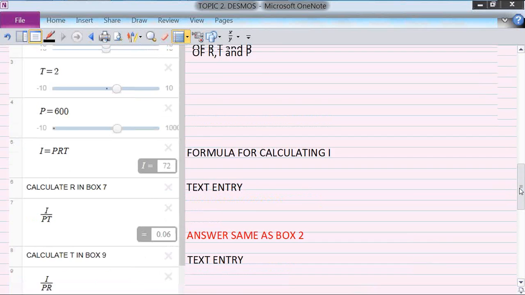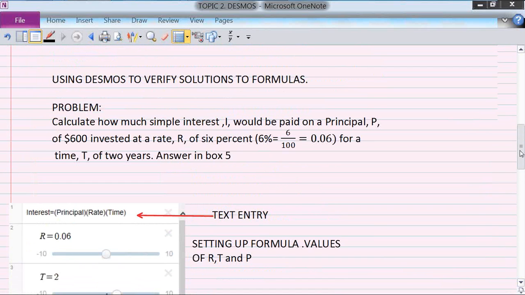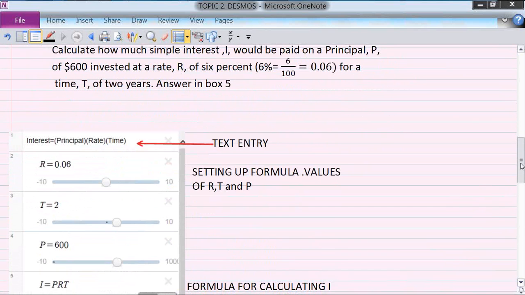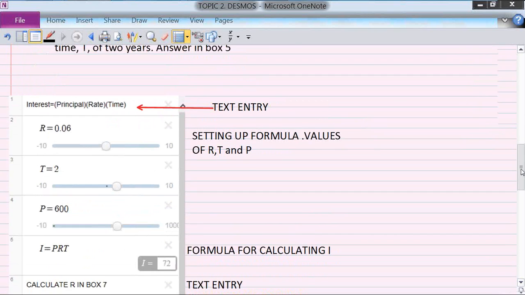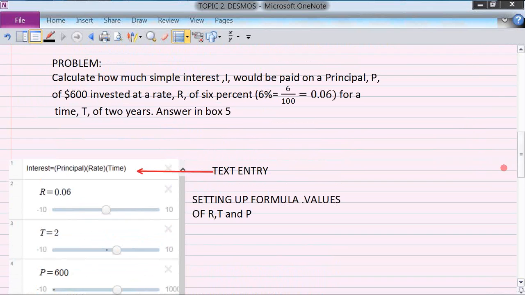So this becomes a useful way of verifying that your formula is right. It becomes a way for you to check it. So this completes Desmos as it applies to